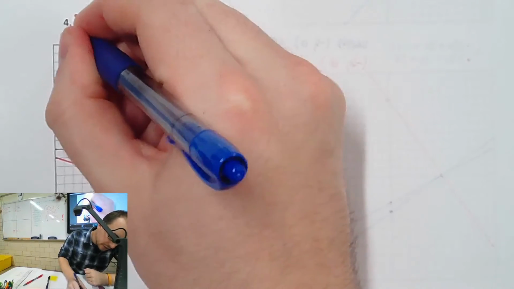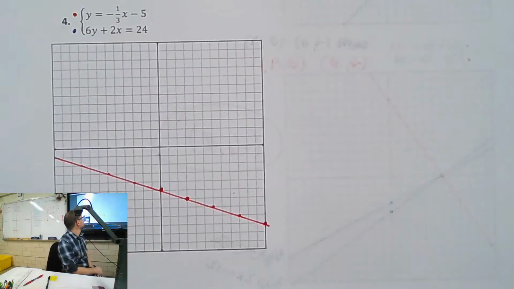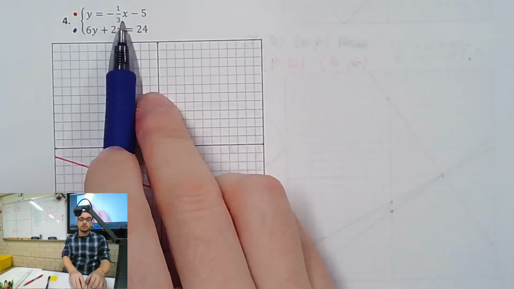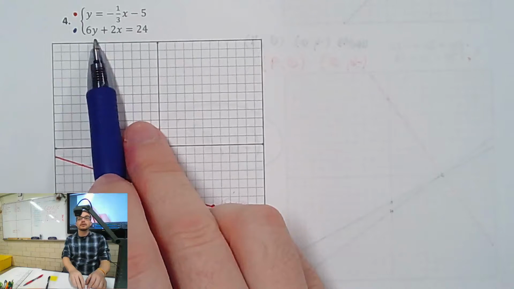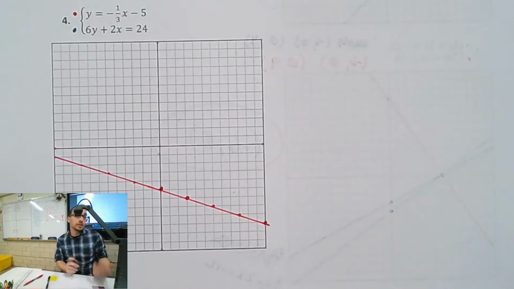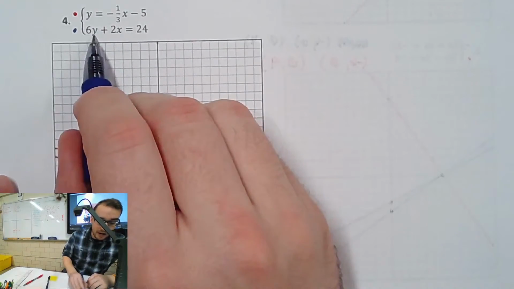The bottom equation is in what form? Standard form, right? And the easiest way to graph something in standard is to find the x and y-intercepts. Now, we could convert this to look like slope-intercept, right? We just get y on its own. You could do that if you'd be more comfortable. What I'm going to do is I'm just going to plug in zeros and get 2 points and then draw my line. So if I plug in 0 for y,